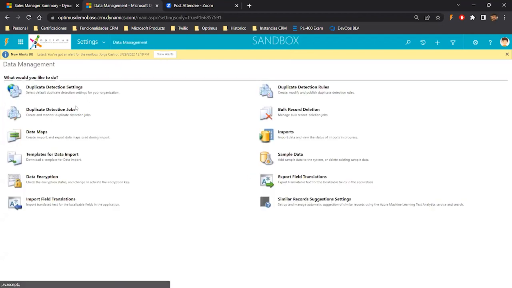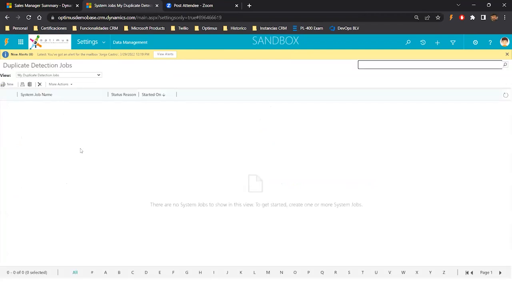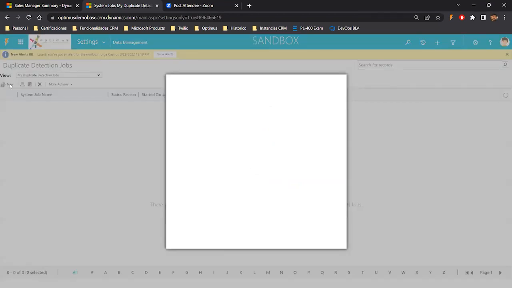So to use that functionality, just click there on duplicate detection jobs, and here you are going to find the functionality to create a job. So basically, just click on new. And when you click on new, the CRM is going to ask you